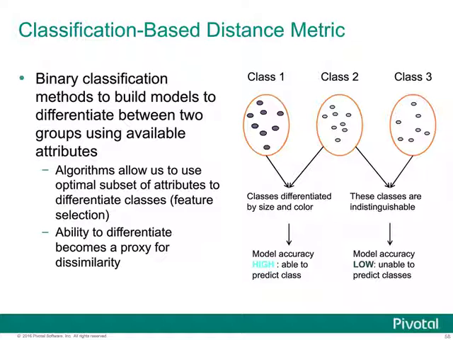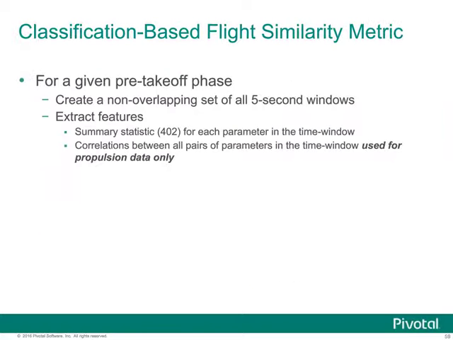Now, the way we're going to do this with the actual flight-based information that we're working with is we're going to look at flights pre-takeoff, and we're going to take a set of non-overlapping windows of 5 seconds. From these, we're going to extract the types of features that April has already described. For example, the correlation across the various sensors, means, standard deviation. And for each one of these windows, we can now treat them as a training or a test example from a given flight. So if we trace one engine, we're able to now, if we look at this next slide,